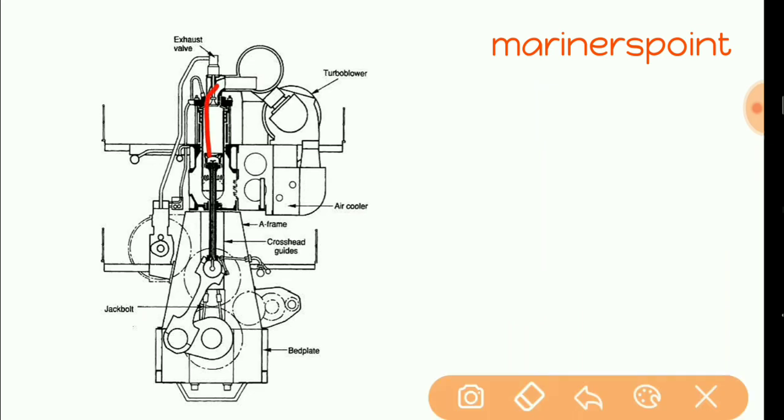from the exhaust it will go to the exhaust manifold, turbocharger, air will come and be cooled in the air cooler, and it will go into the combustion chamber. Okay, A frame, crosshead guide, and here you will see that crosshead lubrication.